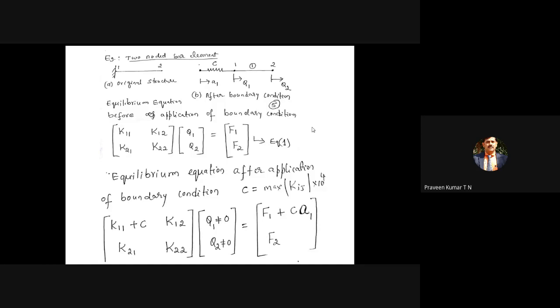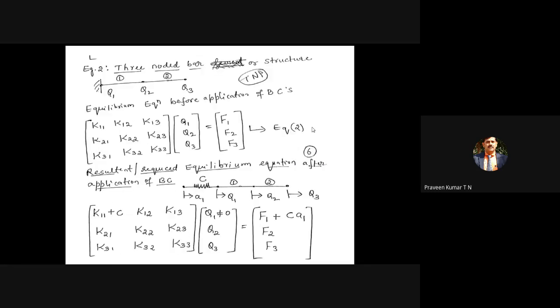I have given some examples so that you can understand better, rather than studying the fundamentals of the penalty approach. I have given one more example. Intentionally, I have written some examples myself so that you can understand better. Now there are 3 nodes. At node 1, Q1 is not equal to 0. There may be a small amount of deformation at node 1, like our building foundation.